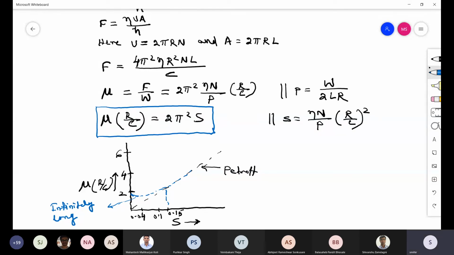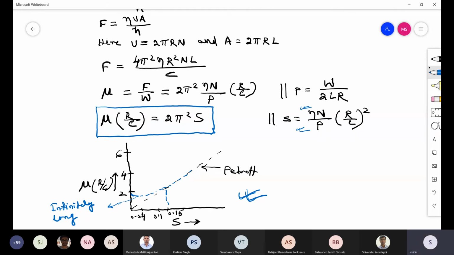So you can very well see here the Sommerfeld number depends on speed in the top, and in the bottom it is actually bearing pressure. So after 0.15, as the Sommerfeld number increases, that means P is going down. That means the case is a lightly loaded bearing. For lightly loaded bearings, if you solve with the infinitely long bearing approximation, it will be very close to this solution of Petrov, as it is derived in just 1 or 2 steps.